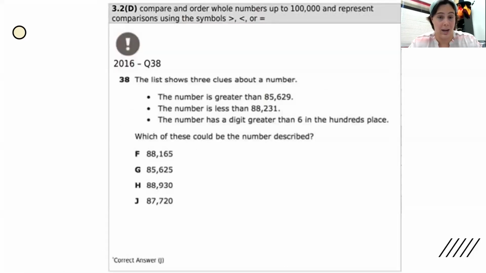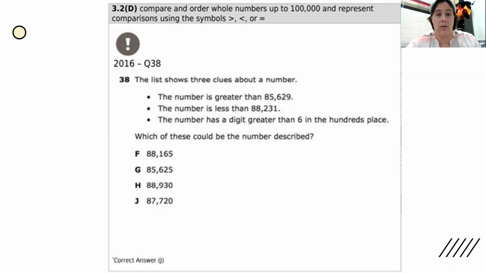Last one for today, and then you'll be going off on your own and practicing. So this question right here, there's a lot of information, so we're going to take it one step at a time. It says, the list shows 3 clues about a number. Okay, I see 3 bullet points. Here are the clues. The number is greater than